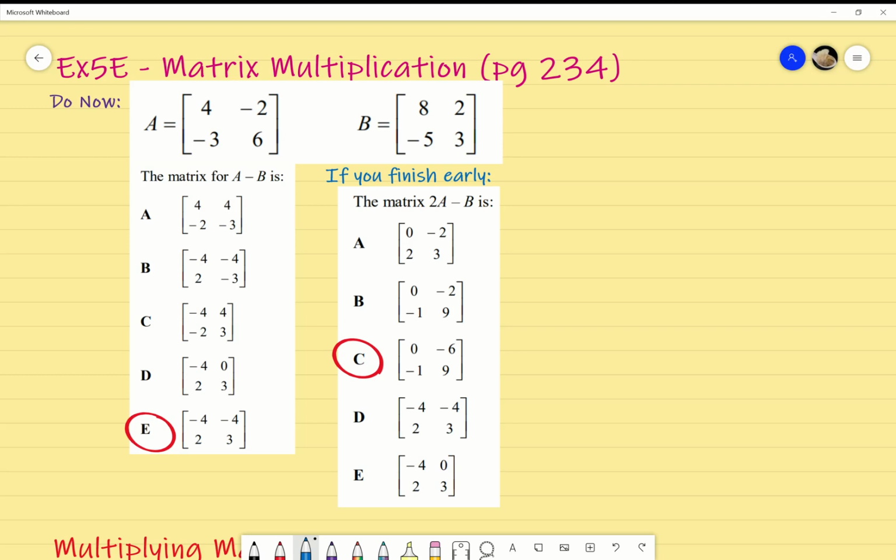This is our introduction to exercise 5E on matrix multiplication, page 234 of your textbook. We're starting off with a very straightforward addition, subtraction / scalar multiplication of matrices. You're more than welcome to do this in the calculator. You don't actually need to know how to do this by hand, but it's a good idea to know how